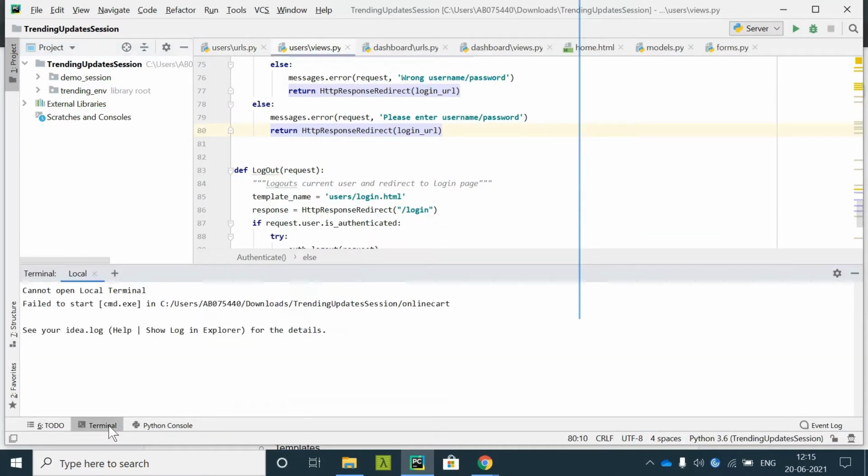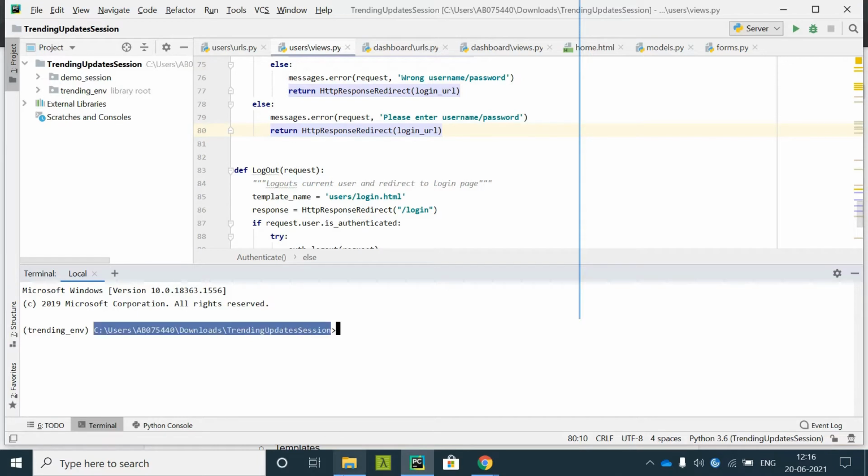Now coming to the terminal, it is exactly the same as how you use the Windows terminal. You can see the terminal that we have launched from PyCharm itself. We will be using this terminal because for faster development we need to do things here itself. So this is our folder that we have created earlier also.